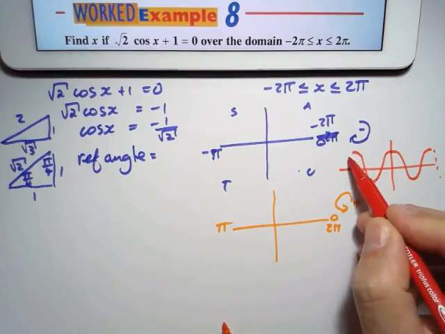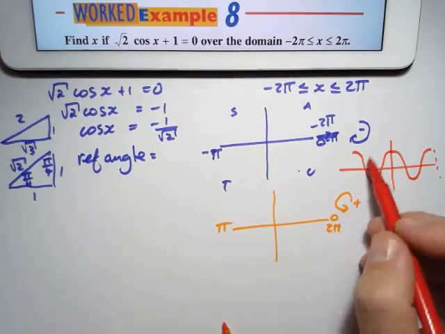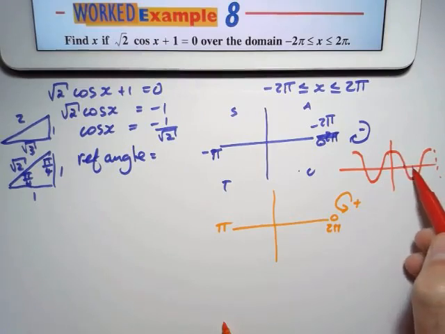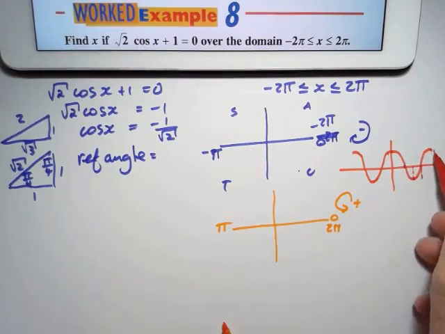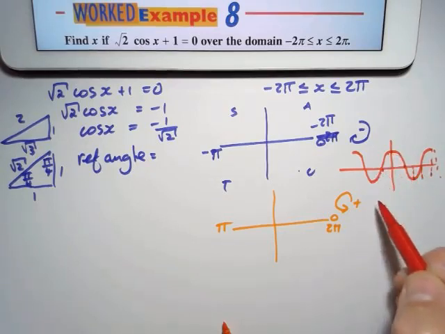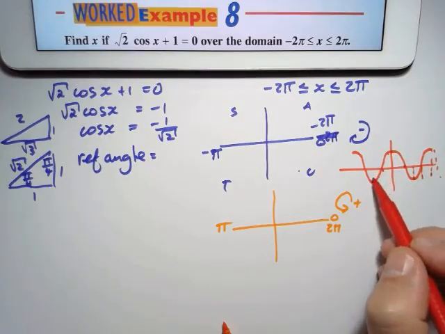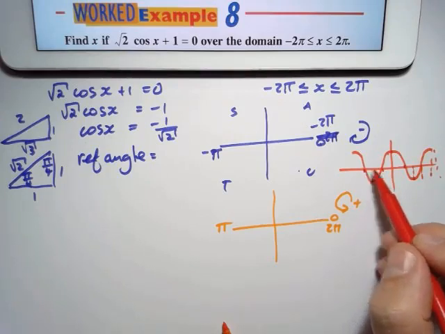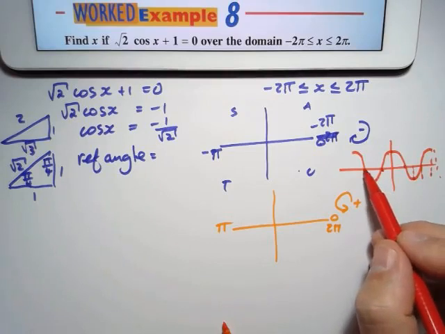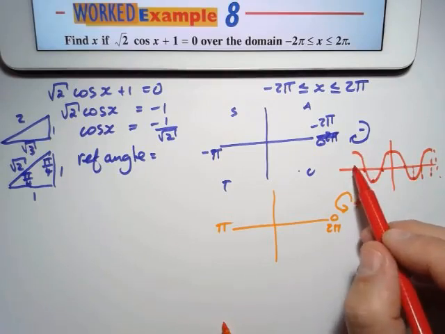Okay, so it goes on and on and on. If this is 0, this is pi over 2, this is pi, this is 3 pi over 2, this is 2 pi. And the same, this is minus pi over 2, this is minus pi,